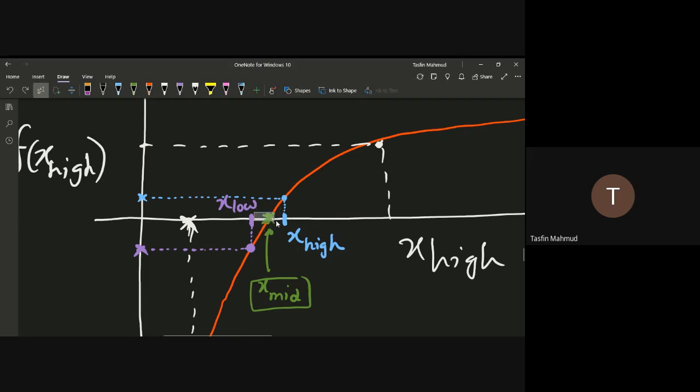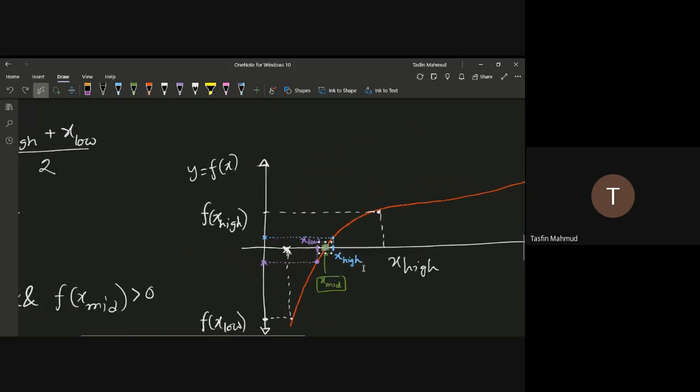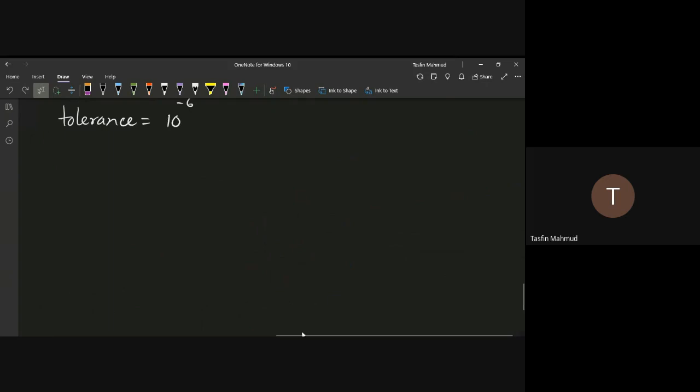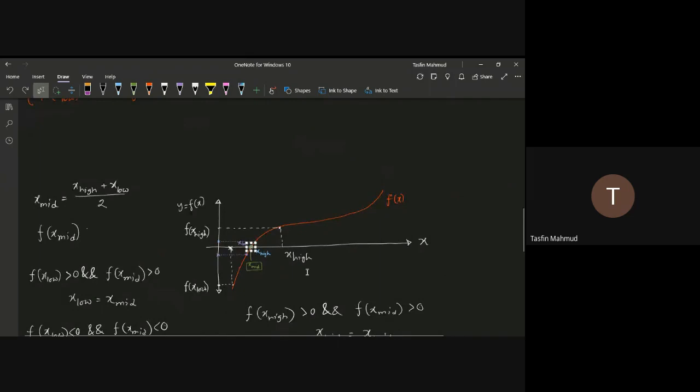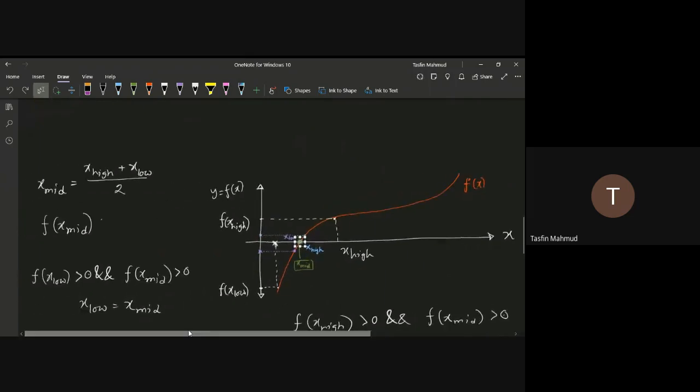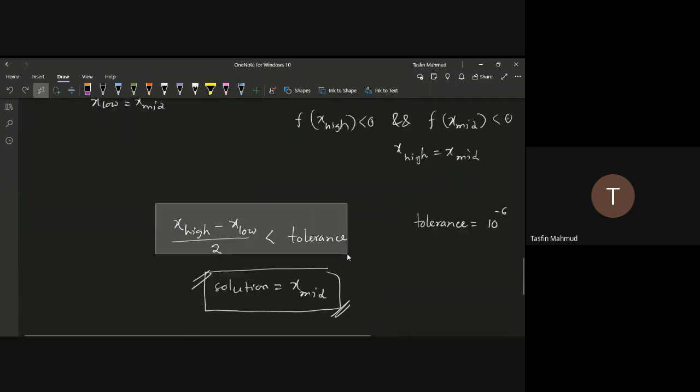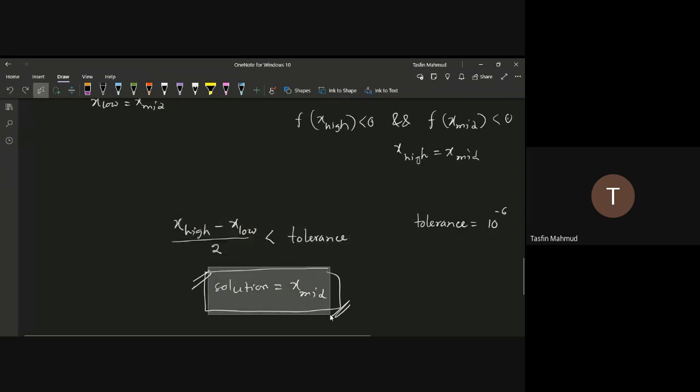যখন এক্স হাই আর এক্স লো এর মাঝখানের ডিফারেন্সটা টলারেন্স ভ্যালুর চেয়ে ছোট হয়ে যাবে, এই কন্ডিশন চেকটা আমরা করব। যখন এই ডিফারেন্সটা টলারেন্স ভ্যালুর চাইতে ছোট হয়ে যাবে, তখন আমরা লুপ থেকে ব্রেক করে যাব, আমরা আর ইটারেশন করতে চাই না, ঠিক আছে? আমরা সলিউশনে পৌঁছে গেছি, এটা ধরে নিই, তখন এক্স মিডটাই আমাদের সলিউশন। ওকে, এই হচ্ছে কোডের অ্যালগরিদম,